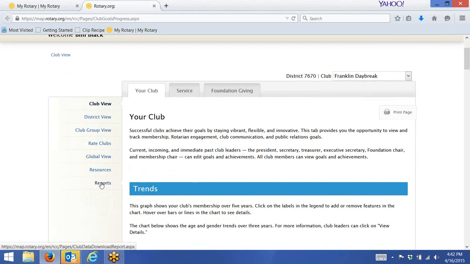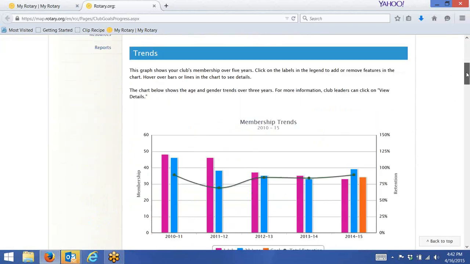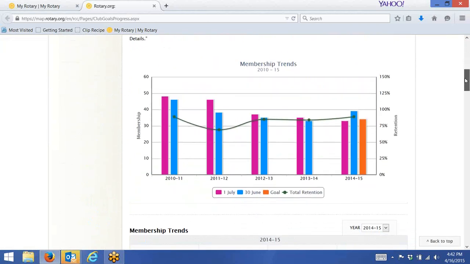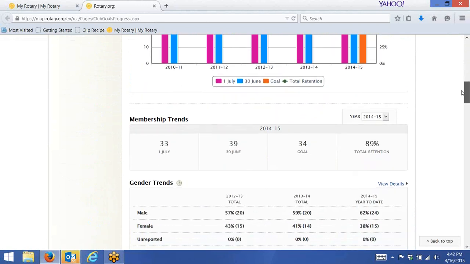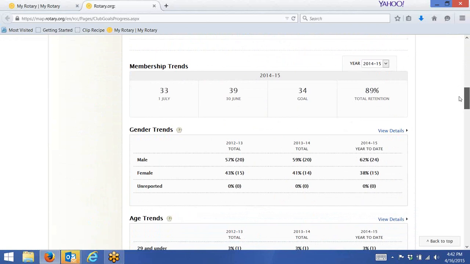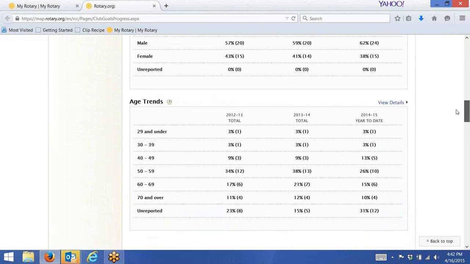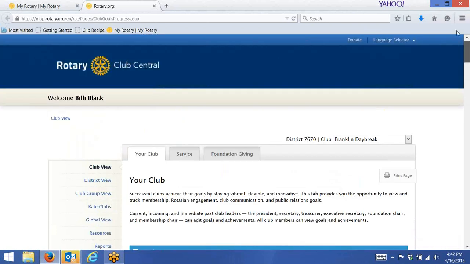But today we were just going to talk about foundation goals, because your foundation goals and your membership goals are requested to be in by May 1st. This Your Club is where you would put your membership goals. So it shows your membership trends. This is my club, of course, and how well we're doing this year, our breakdown by male and female, and so forth. But let's go over to the foundation giving. So it's a tab,